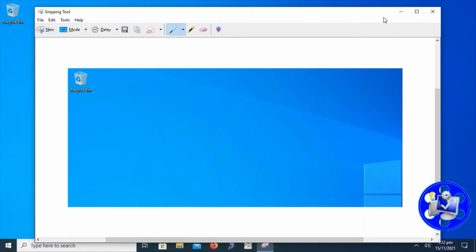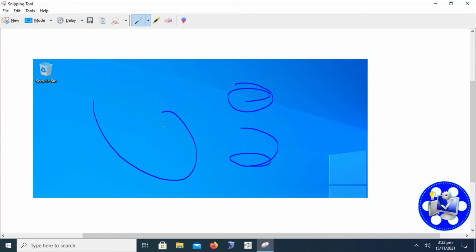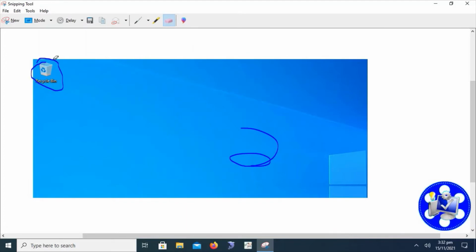Here we can see that after capturing the Windows screen or desktop area, the snipping tool enables us to write some information on it, or draw some objects, or highlight some kind of objects on the captured screen. Multiple tools such as pen and brush are available. We can also erase these drawings from the captured screen area.